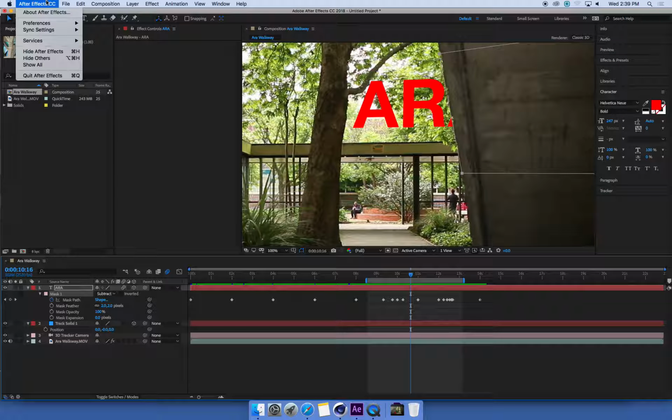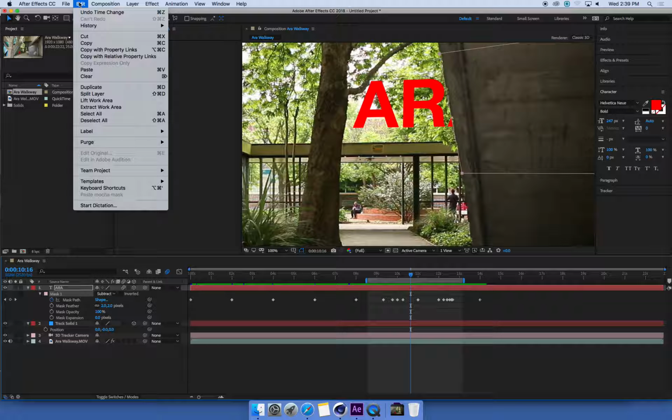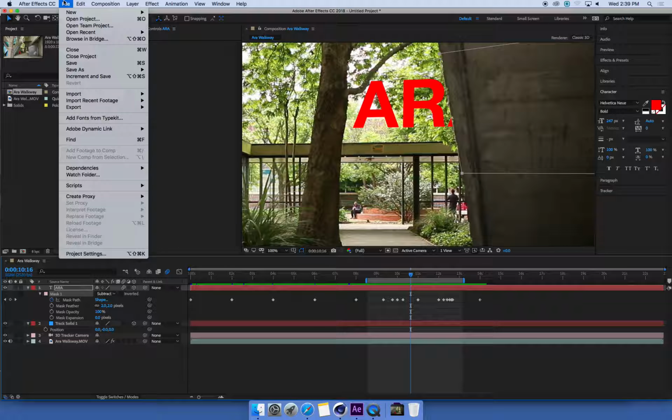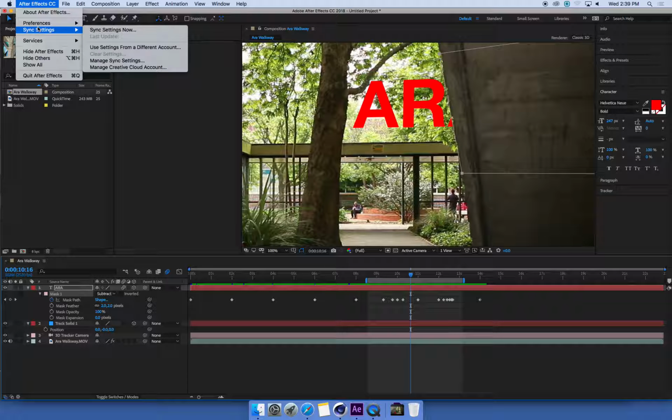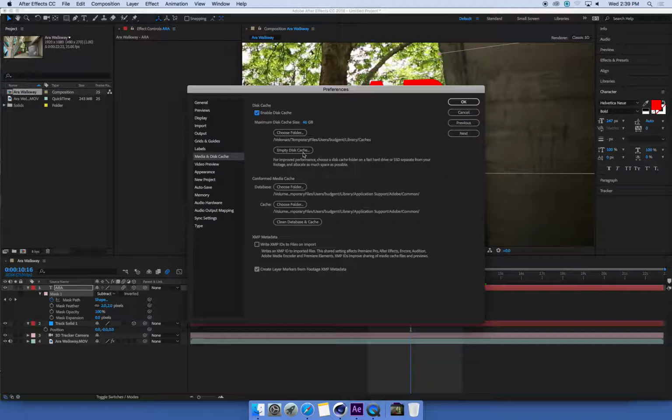Usually I do it from the Preferences menu. There's a shortcut somewhere. Where is it? Where's the shortcut? Anyway, we can empty the cache. I usually do it through Preferences just because that's where I'm used to doing it. If you go to After Effects, Preferences, Media and Disk Cache, it'll tell you